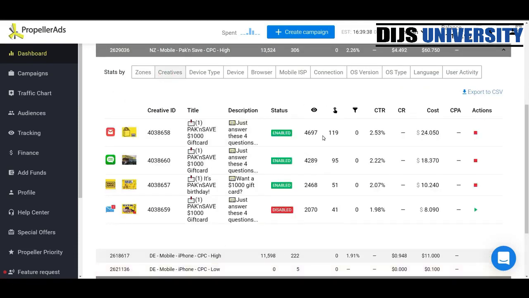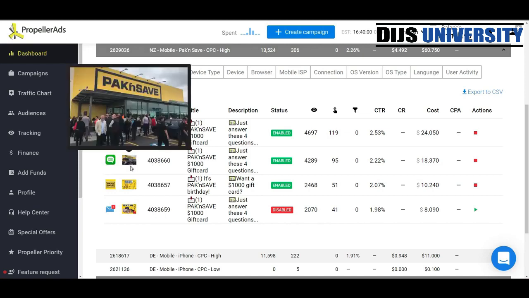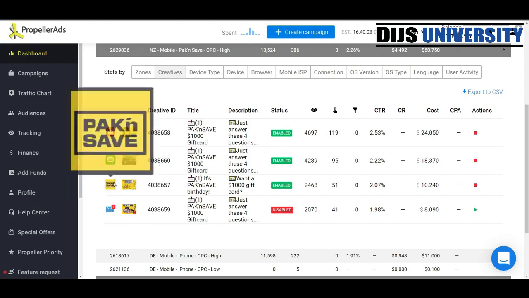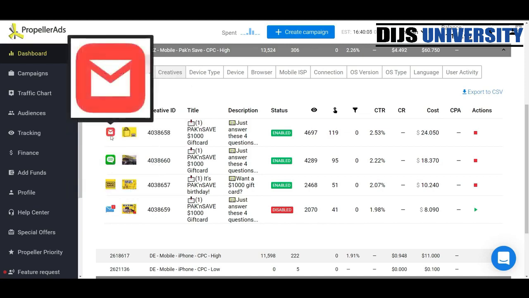As far as the creatives go, during the first day we'd come here and look at the click-through rate. If we're getting clicks, we were getting conversions, right? We confirmed that in volume. We tried to narrow down, okay, what do we want to keep? As you can see, we kept the variables super simple the first time out the gate. Same description, same title. The creatives are what we were mainly testing